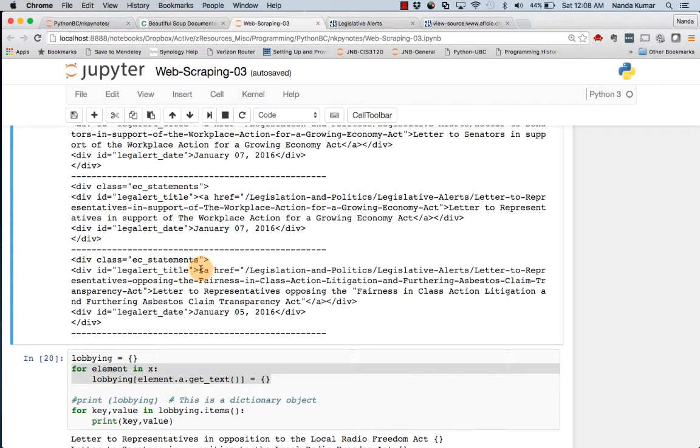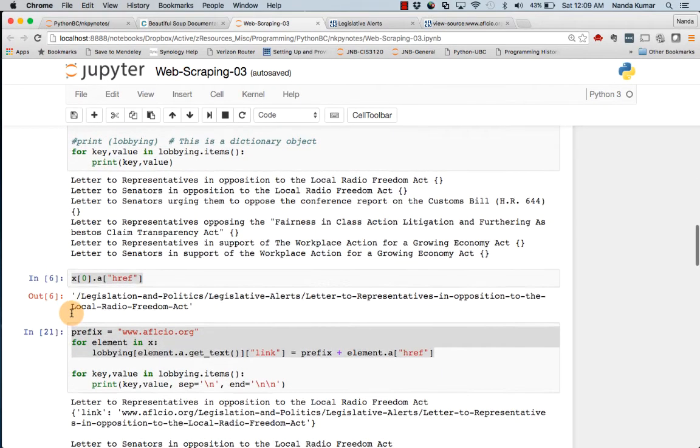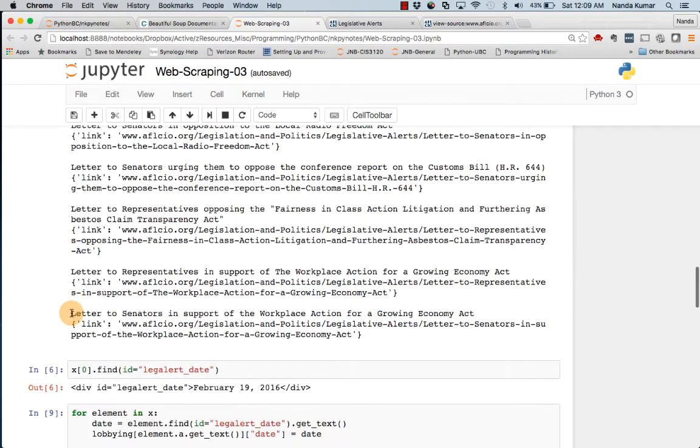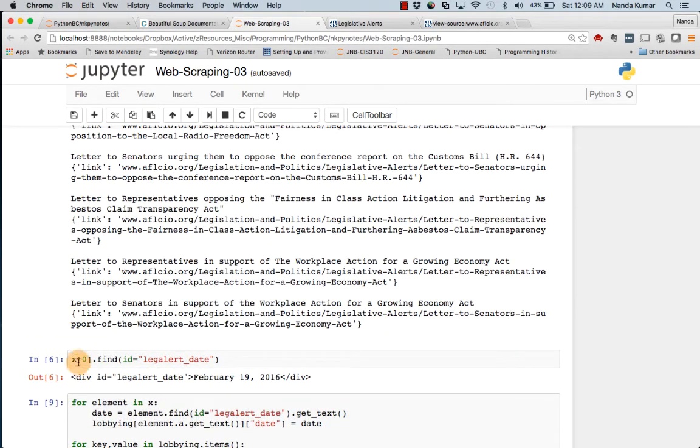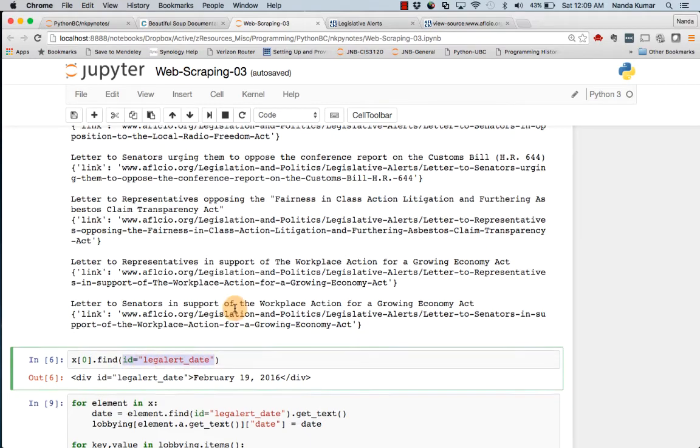So with the a href, we got the link by going here. How do we get the date? This seems to be the key. To get the date, I need to do something to this. So think about how you would extract the date, January 5, 2016, for example, from this tag. Okay, think about it. If you've thought about it, and you want to see what I've done, let's come back and take a look. Very simple. I can do find, ID equal to legal alert date. If we go back up here,